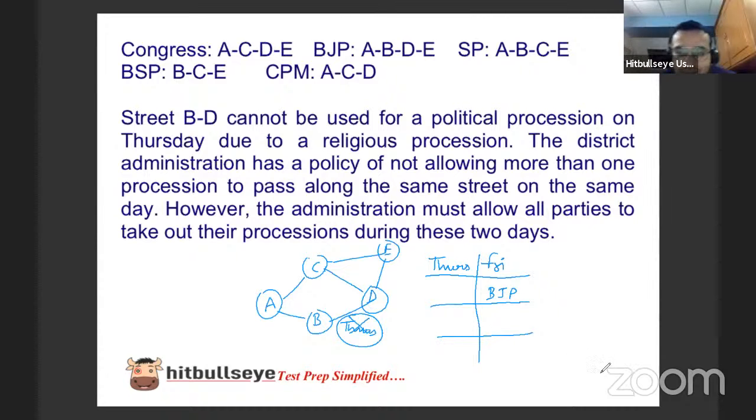Congress and BSP on Thursday, Shivika is saying. How, Shivika? Tell me. By routes. Okay, so Congress, what is the route? Congress is ACDE. ACDE. Okay, we are doing it on Thursday. And BSP, BCE, BC. Okay, there is another route here. BCE. Yes, it is not clashing with